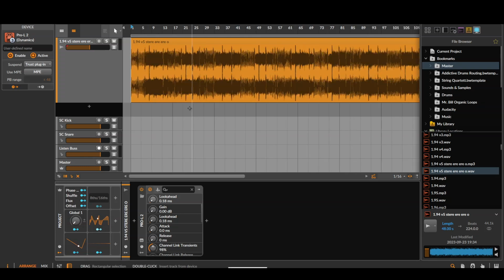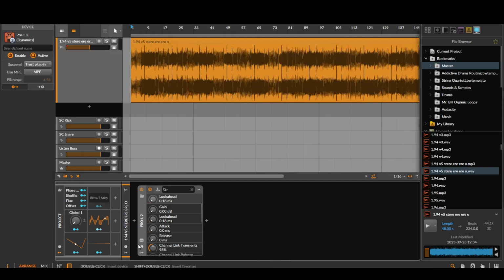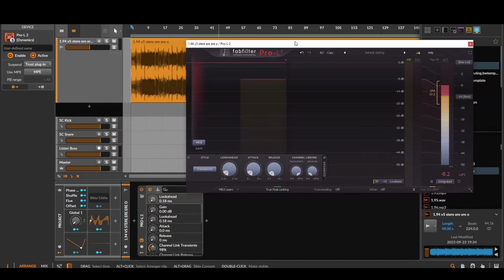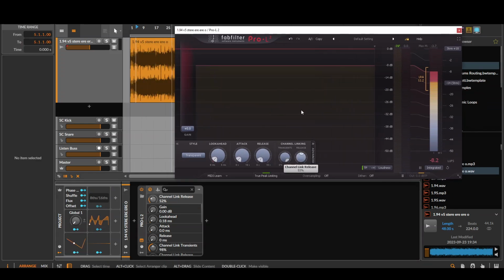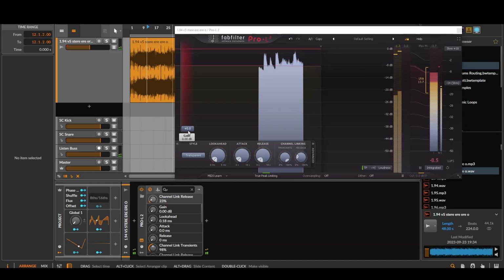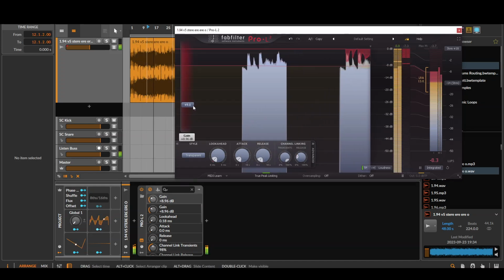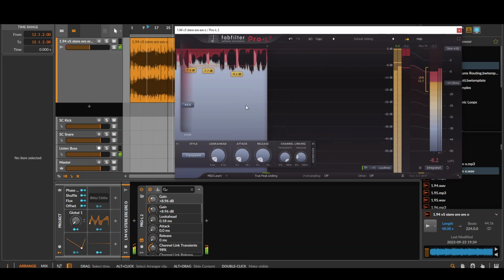Okay, so this is going to be a video exploring some different ideas on limiting, specifically stealing some ideas from Pro-L 2 and from Newfangled Elevate, and kind of approximating them with Bitwig Stock. So if we look at Pro-L 2, this basically seems to have two stages, one transient stage and one release stage. The transient stage is a fast acting stage, and the release stage is almost like a limiter,